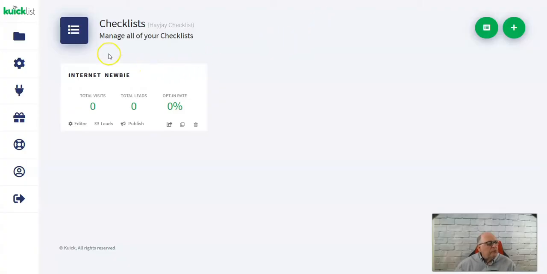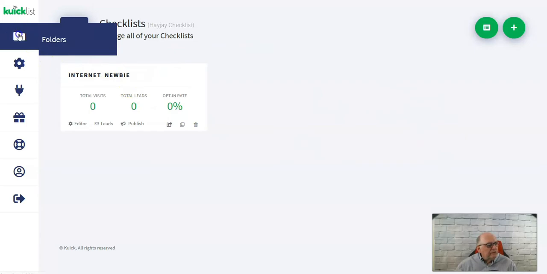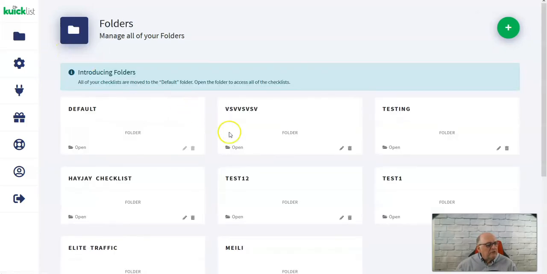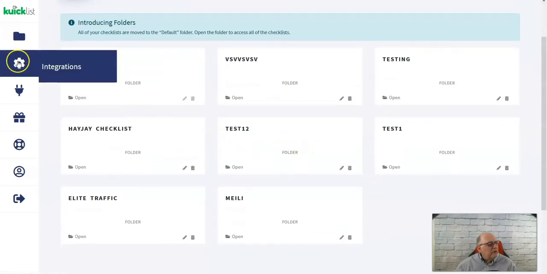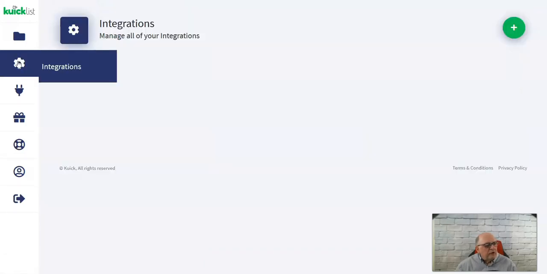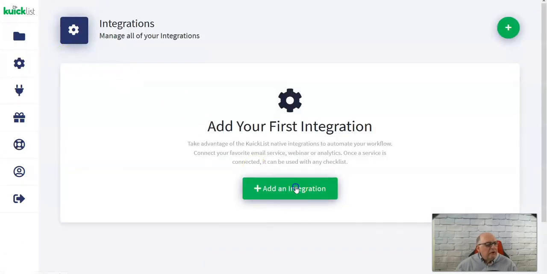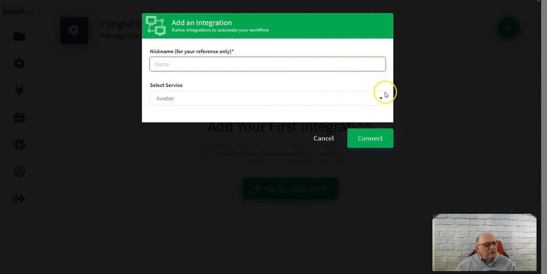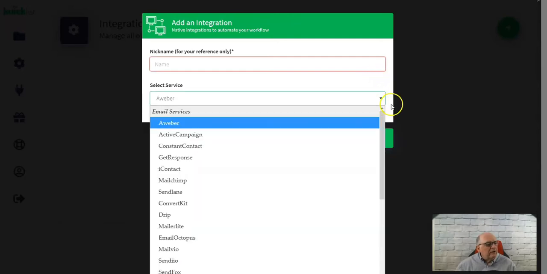Now when you go on the dashboard, there'll be an area here for anything you have set up for your Kuicklist, and a place for your folders. That's what this is here. And then there's a place for your integrations. Now if you want to add an integration, I'm not going to actually add one, but I'll just give you an idea of